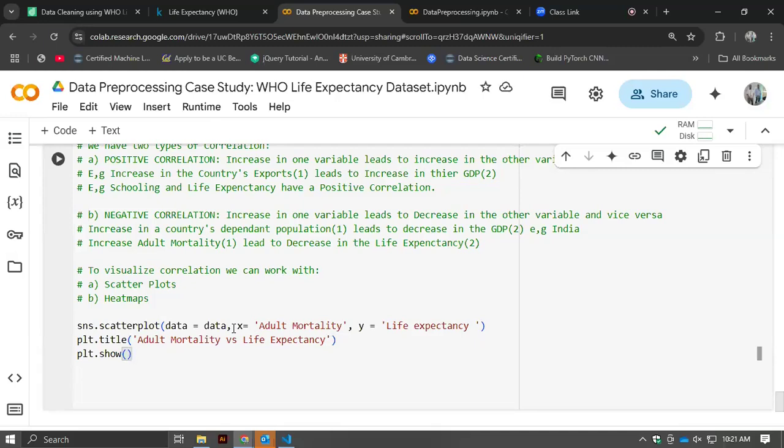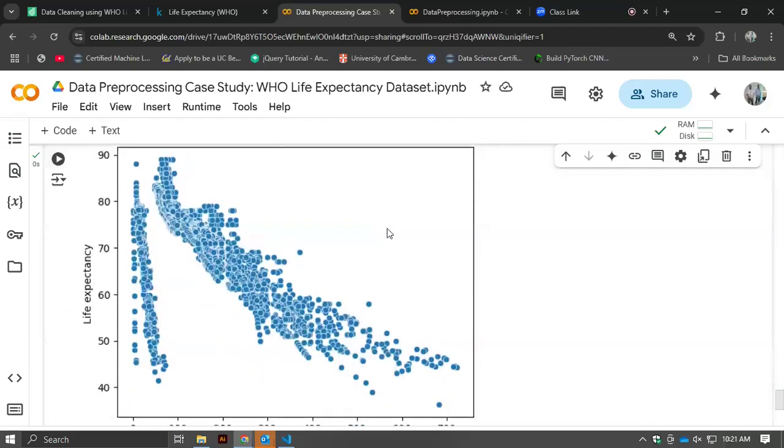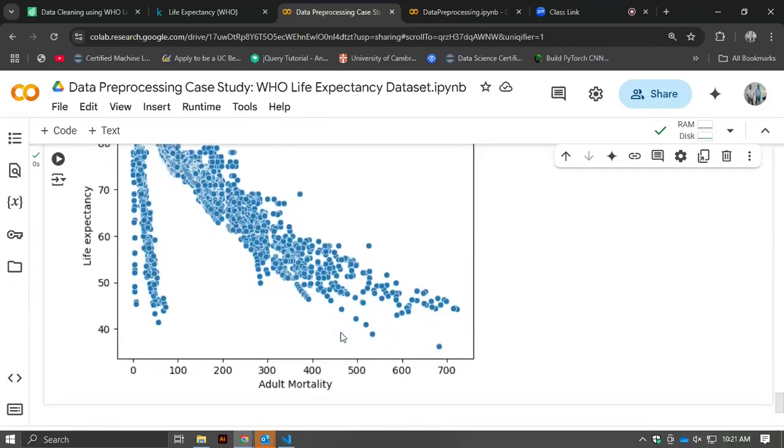So I want to see how the adult mortality correlates with the life expectancy. So let's see how this one actually works. If you read this one, this is what we call a scatter plot. So I want us to notice how this plot is. Let's begin here. If you see these plots going in this direction, I want us to see that graph. I hope you can see this one. This is what we call a negative correlation. A negative correlation shows that